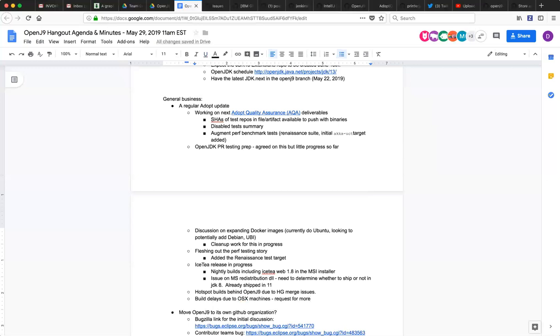Other than that, I've started looking at some of the nightly test runs just from JDK 8, 11, and 12. And I'm noticing failures in there and trying to get my head around how we can best manage those failures, given that either yourselves in OpenJ9 or OpenJDK might already know about them because we're building head releases. We don't want to be spending unnecessary time triaging things that others are also triaging, but I'm starting to worry and wonder how we can best manage.